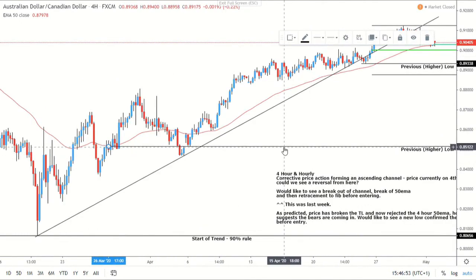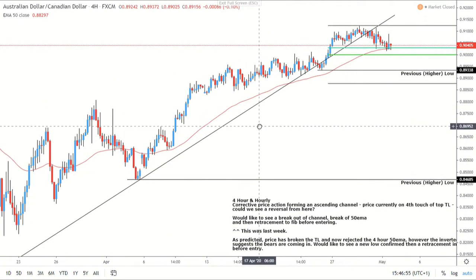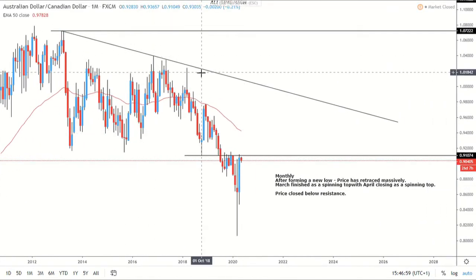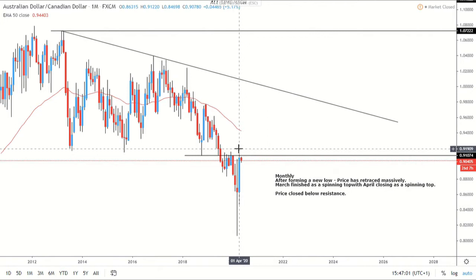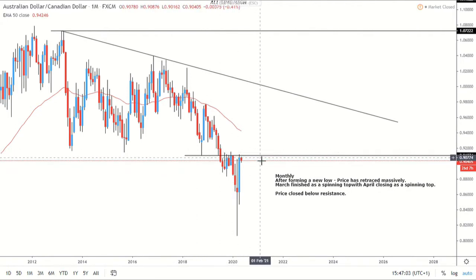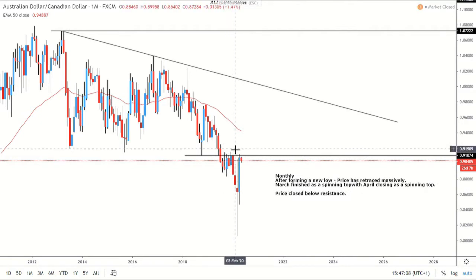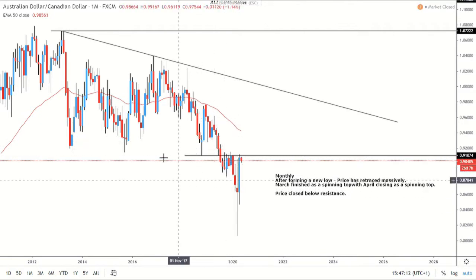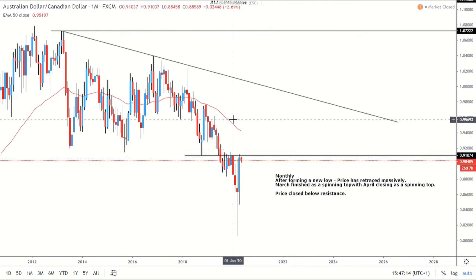Next one I'm watching is Aussie dollar CAD. If we go into the monthly, we can see that we've got this sort of downtrend. We've then broken all the way down, retraced massively, and now we retrace into this level here, this 0.91074. So obviously this impulsive month, we kind of expect this because we had that spinning top, so it's kind of a morning star. However, because we haven't broken above the structure, I'm not too concerned, and we are below the